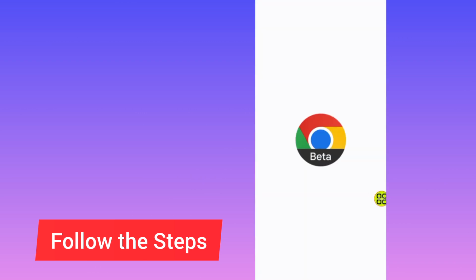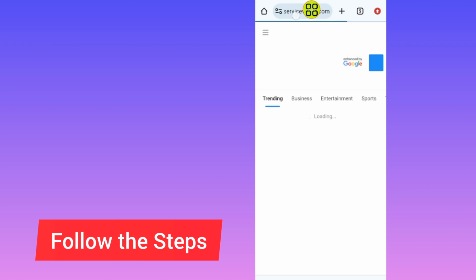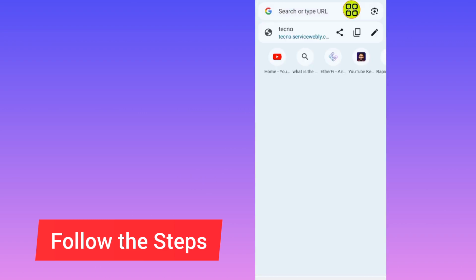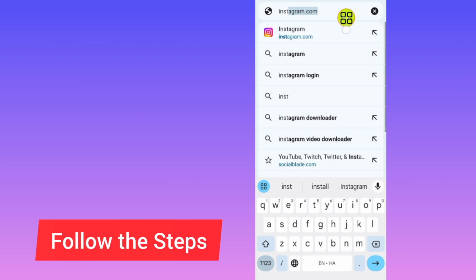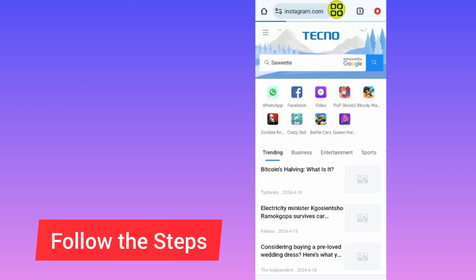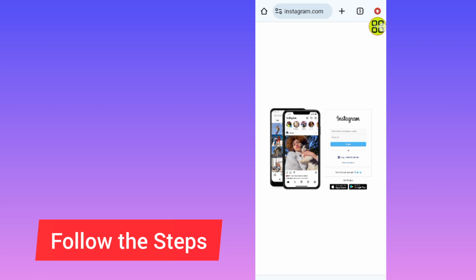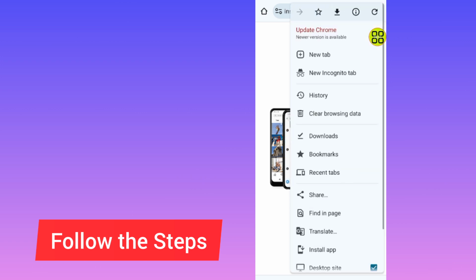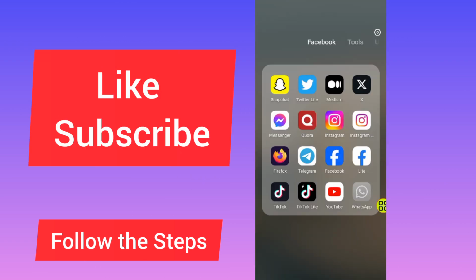After you open your browser, as you can see now, I'm using the Chrome browser. So now tap on this search bar at the top and type in instagram.com. As you can see here, it is instagram.com. After you tap this instagram.com, all you have to do now is tap on this menu at the top right side, this three dot. After you tap on this menu at the top right side of your Chrome, scroll down